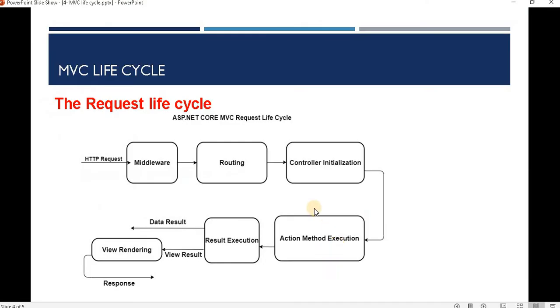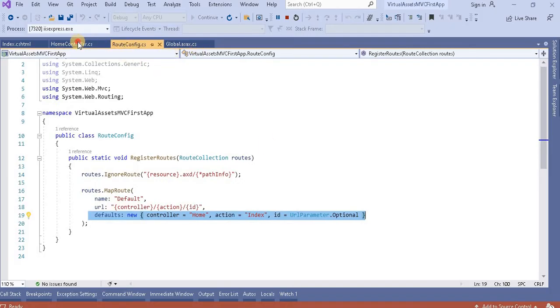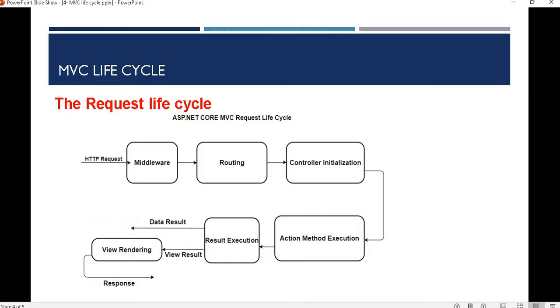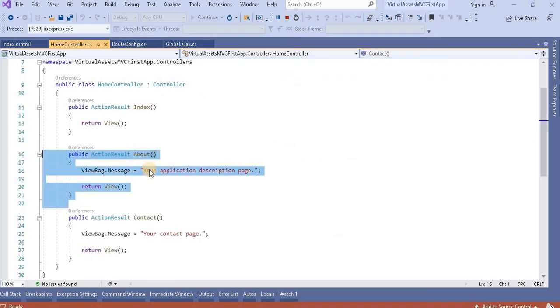But if it is not, then whatever request comes in will go to the routing, and then it will see which controller method to call. In this case the controller is Home, and from this Home it will identify the action method. These are the action methods, and it will see the About action method.